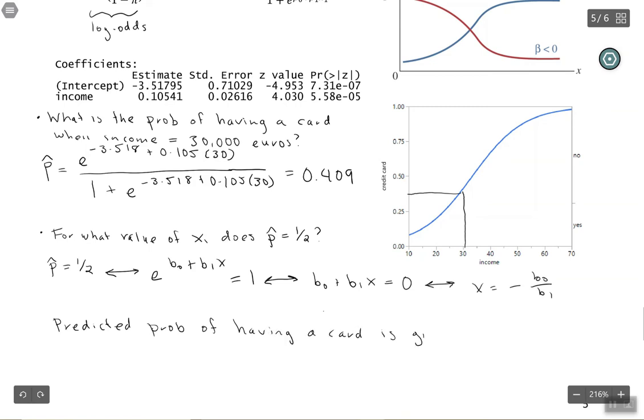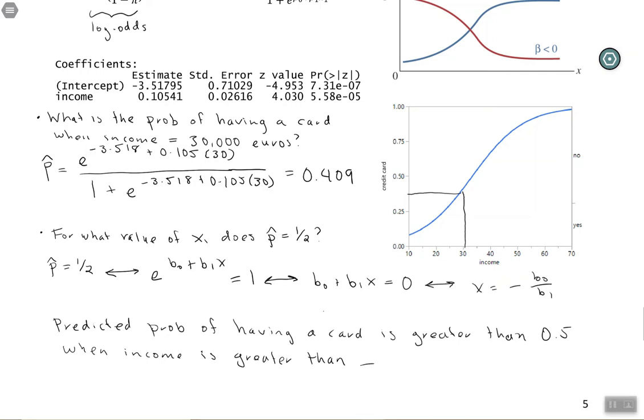is greater than 0.5, right? It crosses over the halfway point, when income is greater than this value. So we're going to do negative, and then our intercept is also negative, so this is going to cancel out, negative 3.518 over 0.105, and that comes out to be 33.4, and that's in thousands, so if we want to, 33.4 is